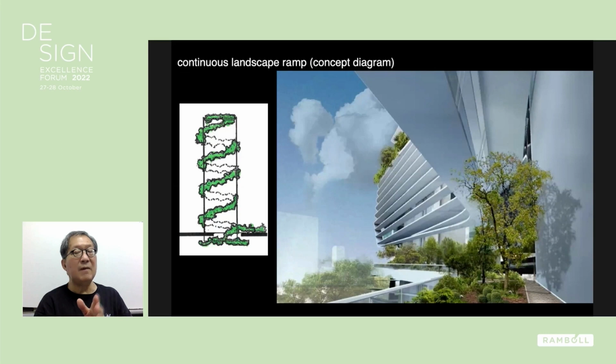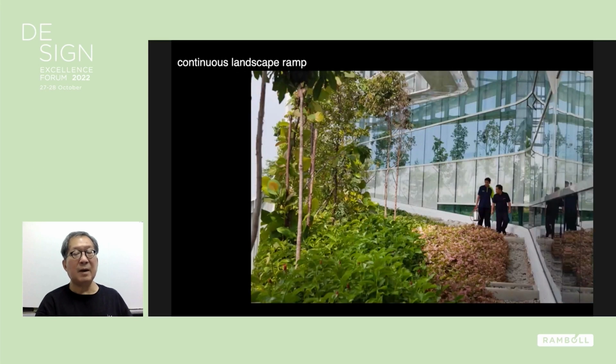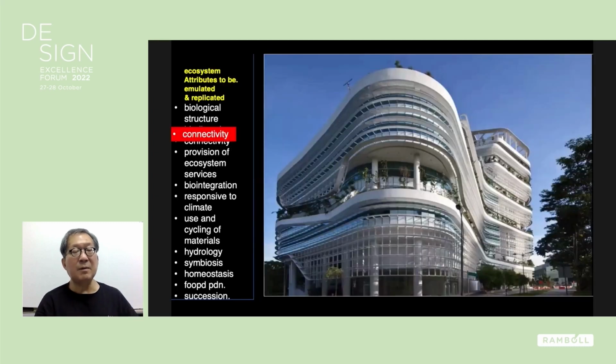Now the idea is to have the ramp service the vegetation without going into the user spaces on the inside. So this is an improvement of the early design. And by doing this, we create a building which is similar to that ramp pattern that you see on the left-hand side. And so it eventually took about 5-8 years to get a client to agree to it. And you can see the walking, the people, you can see the vegetation, you can see the facade. And because it spirals all the way up to the top of the building, we call this a linear park, like a linear park.